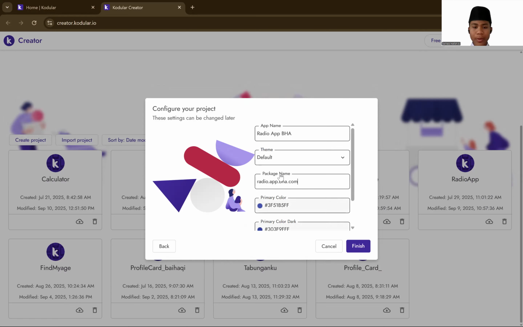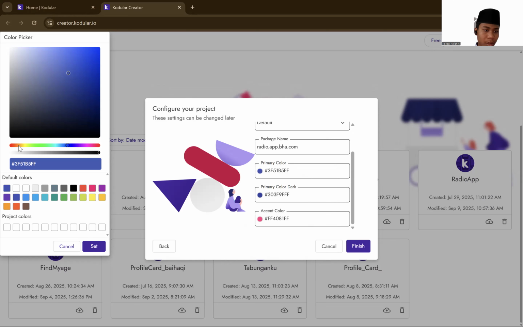Okay, maybe the brand color is red. In red, the red here, maybe in here. Okay, then the frame color is maybe in red.